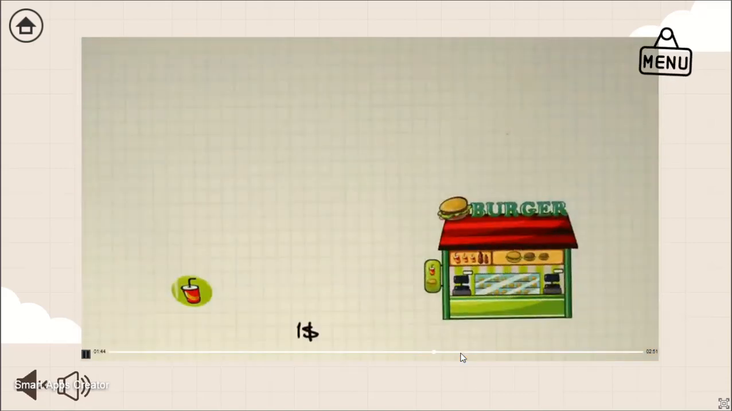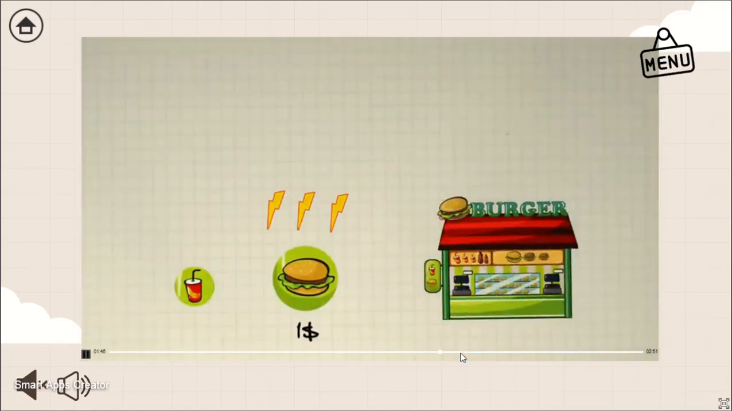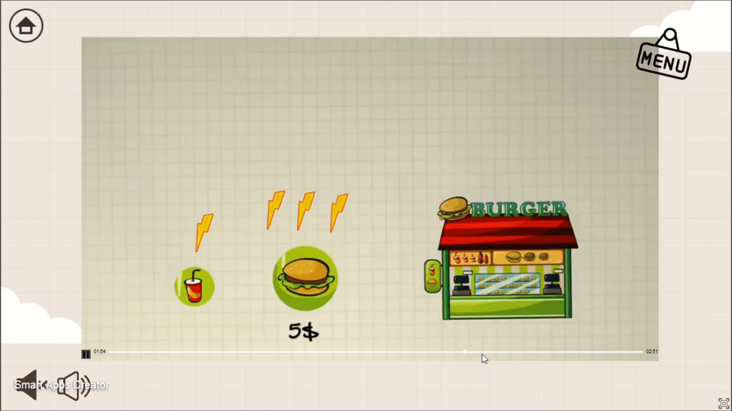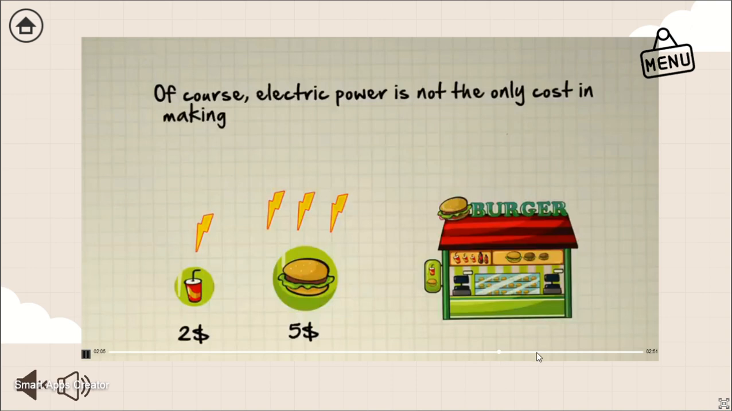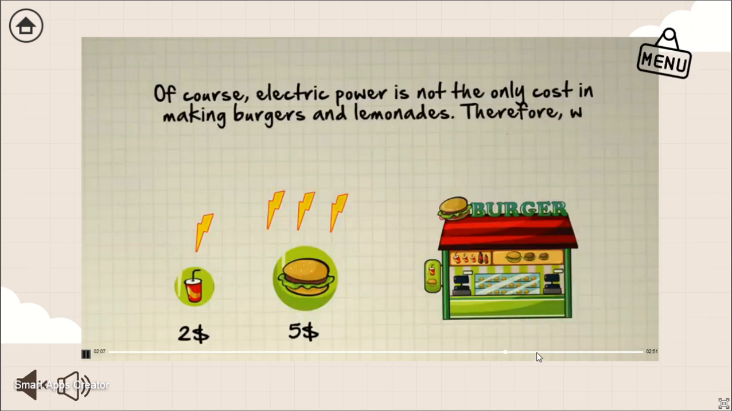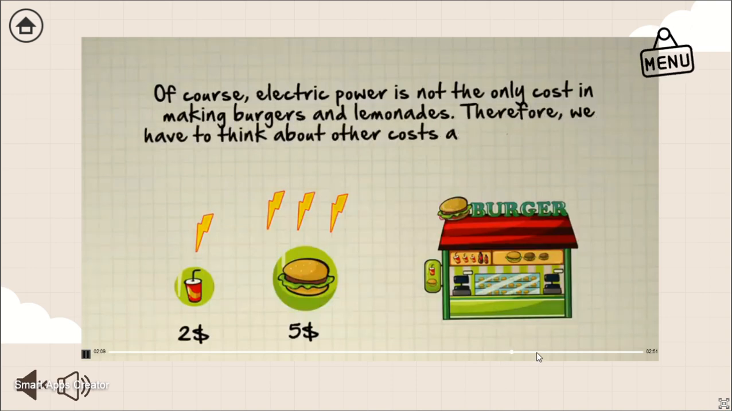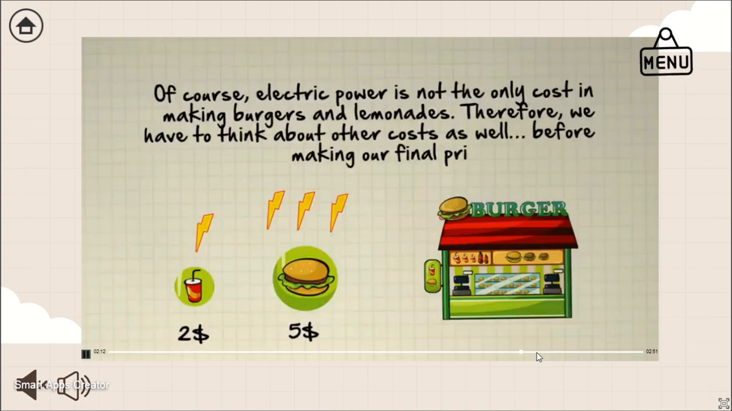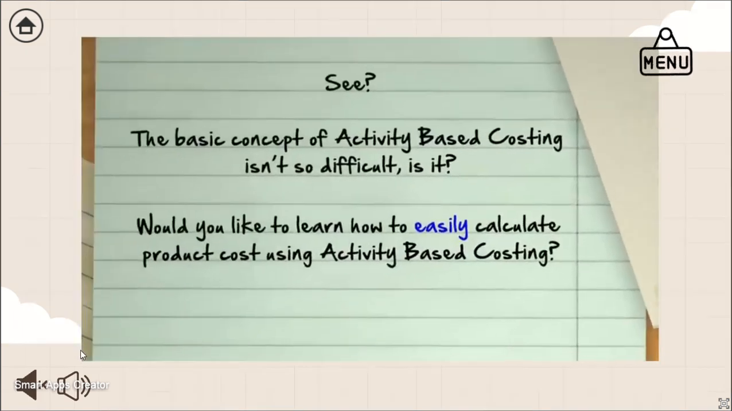In our case, we now know that we should write down a higher electric power cost for burgers than for lemonades. As a result, this might cause us to sell our burgers at a higher price than the lemonades. Electric power is not the only cost in making burgers and lemonades. Therefore, we have to think about other costs as well before making our final pricing decisions. See, the basic concept of activity-based costing